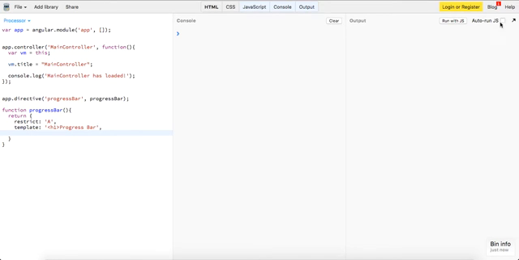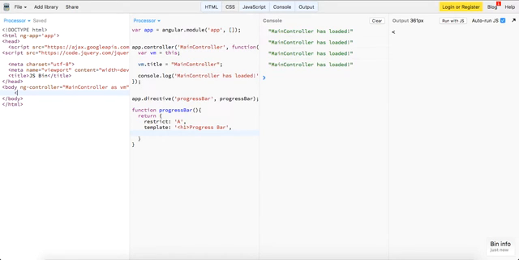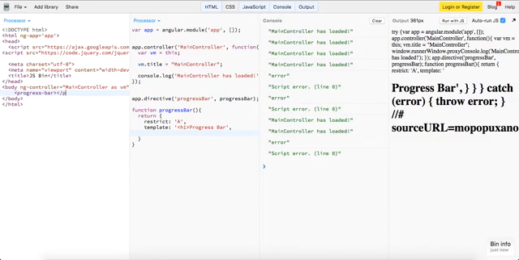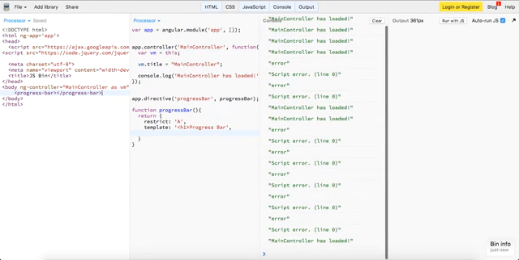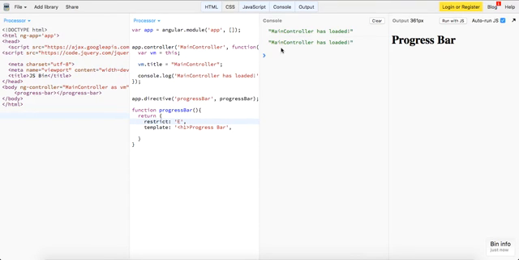let's just see if our directive actually shows up really quickly. So let's go in here and let's put our progress bar, and it looks like it's working, but let me see exactly why it does not like that. Progress bar, restrict to be an attribute. Oh, sorry, let me change this to element. Progress bar. So cool. Progress bar shows up. The way we want our template, though, we want to have h1 of progress bar, and